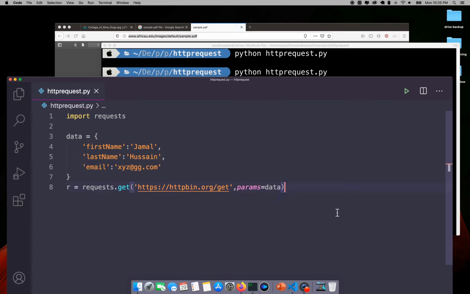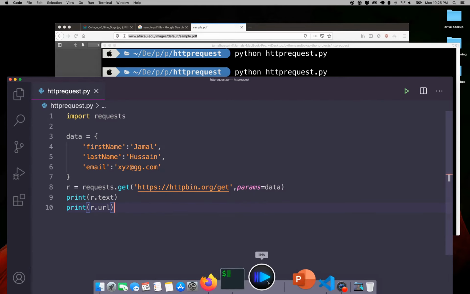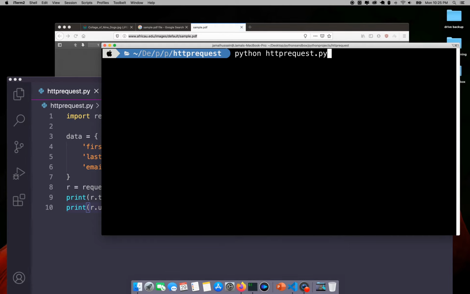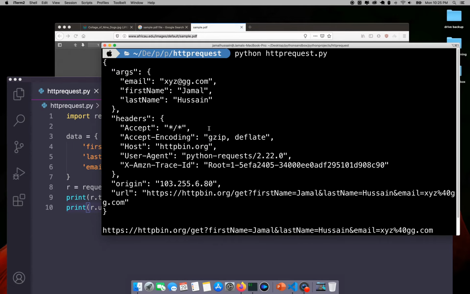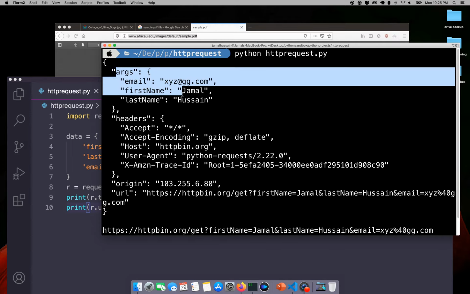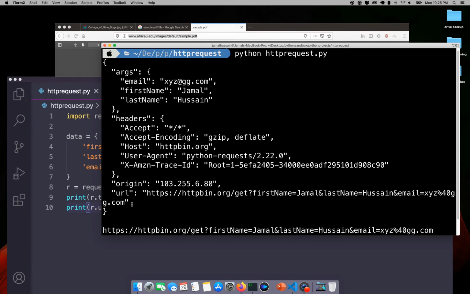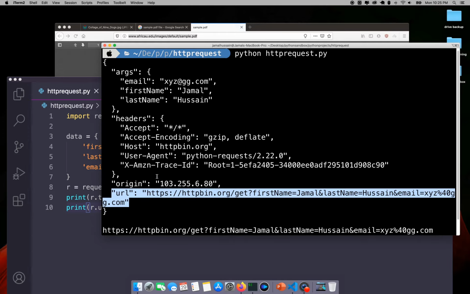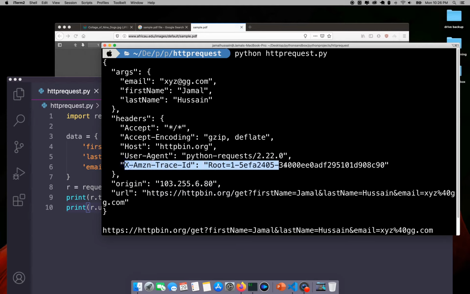Okay, so first let me check what I'm gonna get back, and what is the URL. Okay, I'm just gonna clear this. I'm just gonna run this, and as you can see, I have successfully passed the arguments to the route, and it has given me the URL where the data has been passed, right? The origin is my IP address, which is my computer which is sending the data, and these are a few of the data which have been passed from my client to the server. Okay,